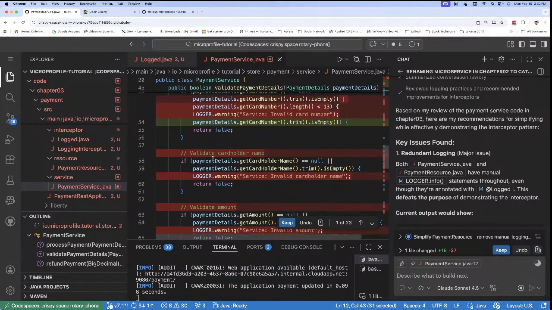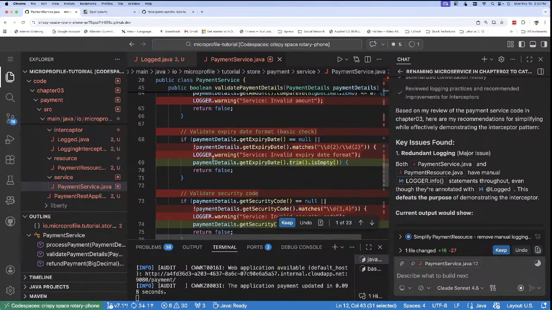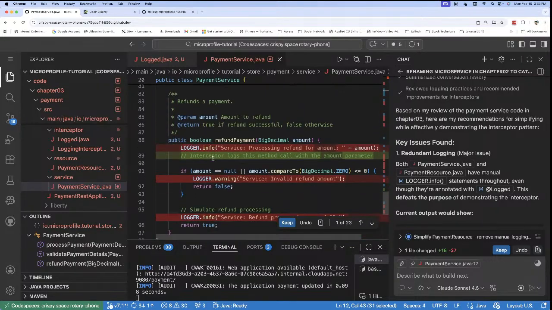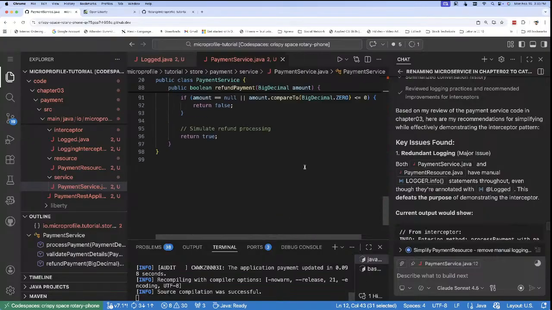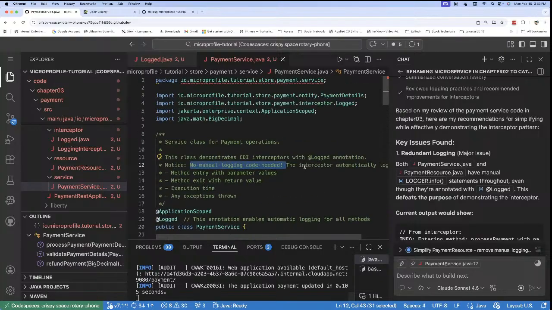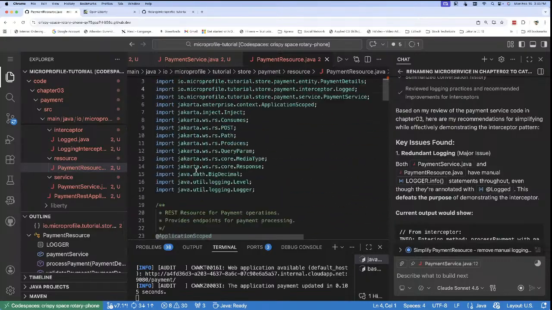Logging is automatically done by the interceptor. So I take these changes and going back,